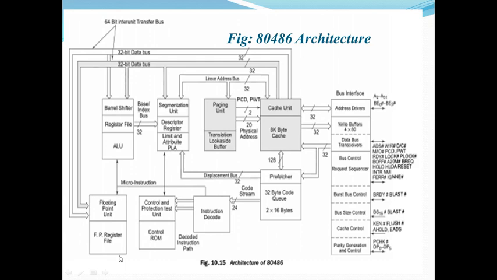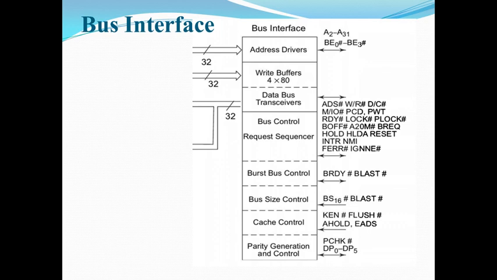So let us see detailed about this figure. Bus interface. This unit is responsible for providing the physical interface between 80486 and external devices. The bus unit consists of functional entities like address drivers or receivers. So when 80486 is executing a bus cycle, the address drivers are used to drive the address onto the processor's